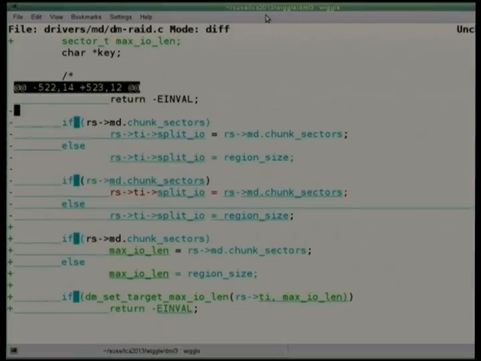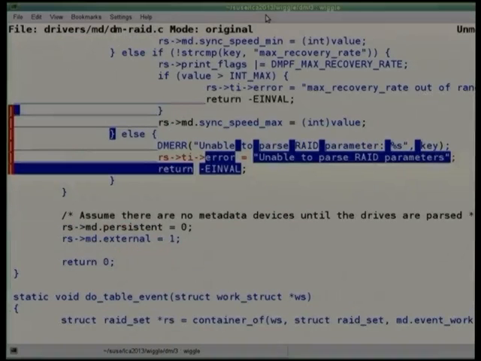You see after a while that the original code has got 2 identical bits of code. Some sort of patch problem earlier caused a bit of code duplication, and we're getting rid of one of them. We're getting rid of the top one and changing the bottom one to assign some values, not to the split IO field, but to max IO length. So you look at the diff to figure out that's roughly what's happening. And then you press O to look at the original, and that doesn't relate at all to the code that's happening there. The if conditions, the assignments, there's nothing there.